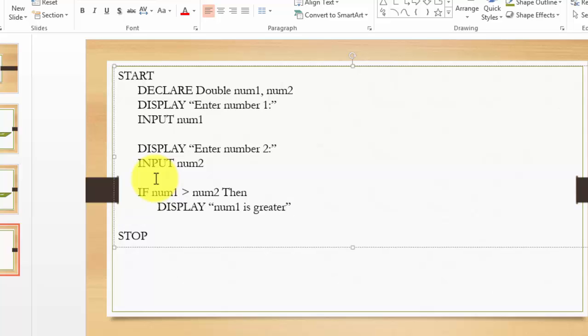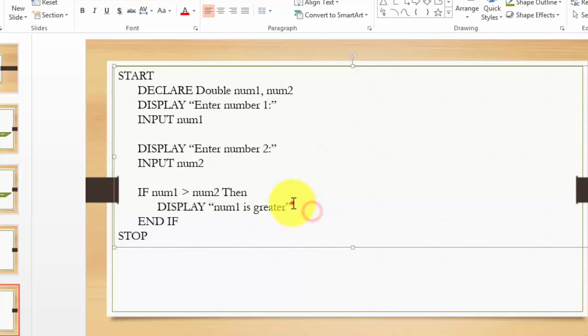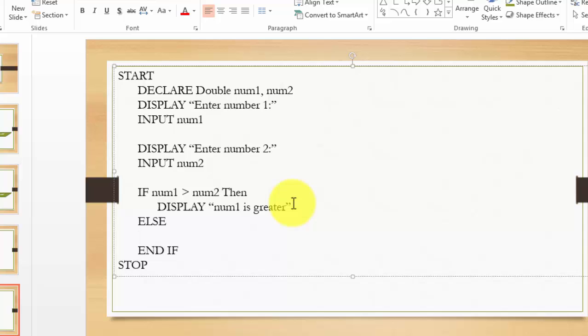However, that's incomplete logic until we write an end if. And now that completes the block structure. However, the logic still has a flaw: if number 1 is not greater than number 2, then the program will simply sit there and do nothing. Therefore, to avoid this situation, I'll simply take a copy of this code just so that we preserve both versions. So this is with if, and here we're going to write the else, or what we call otherwise. Else display